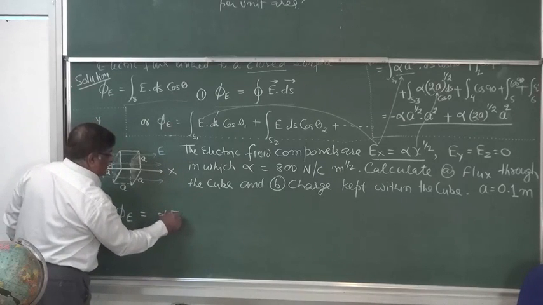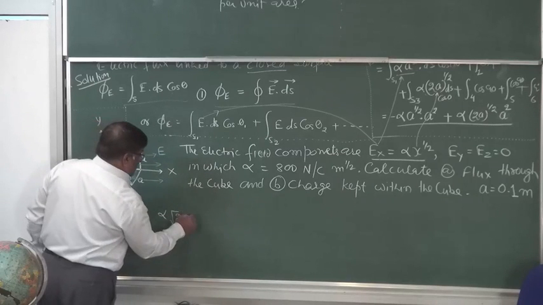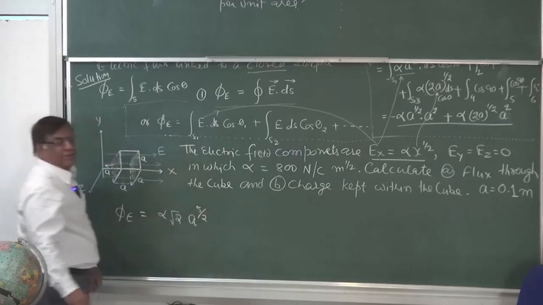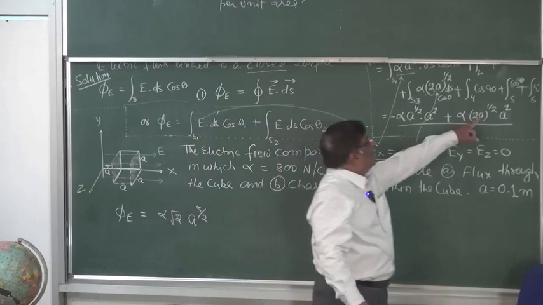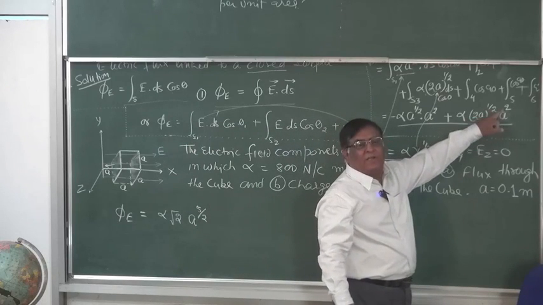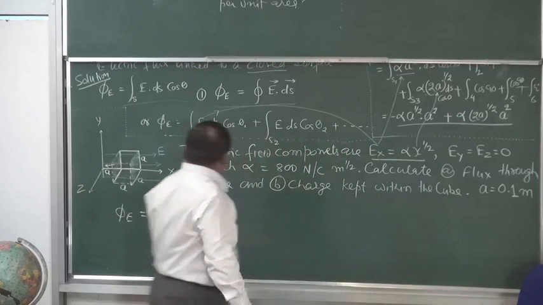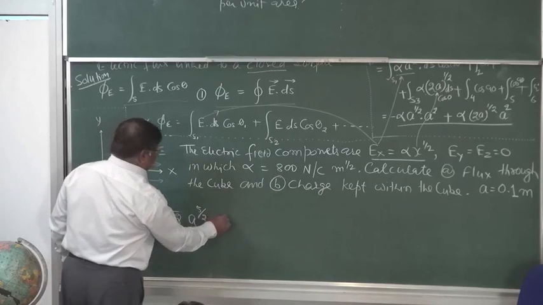Yes, 2 to the power half root 2, then a to the power 5/2। देखिए ये a की पावर कितनी है? हाफ, और ये a की पावर 2, टोटल कितना हुआ? 2.5, 5/2। This is plus, now minus